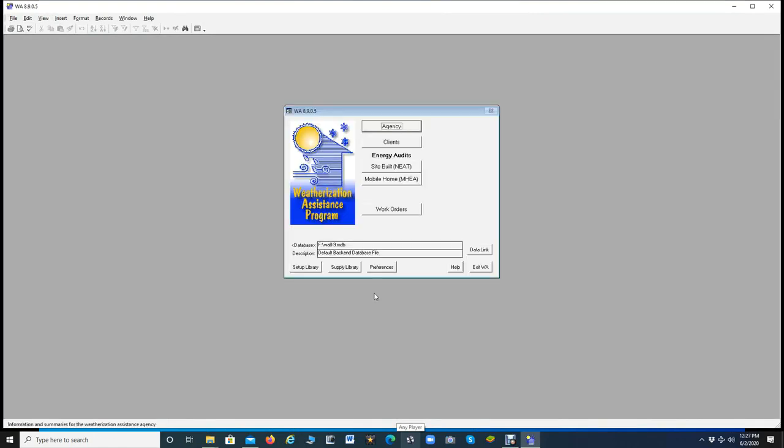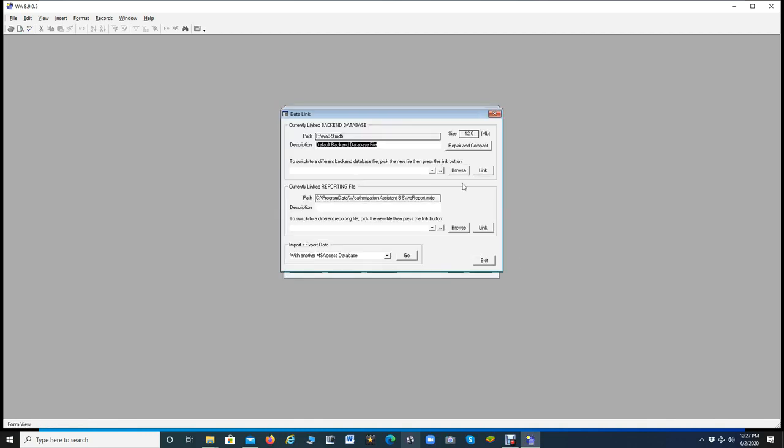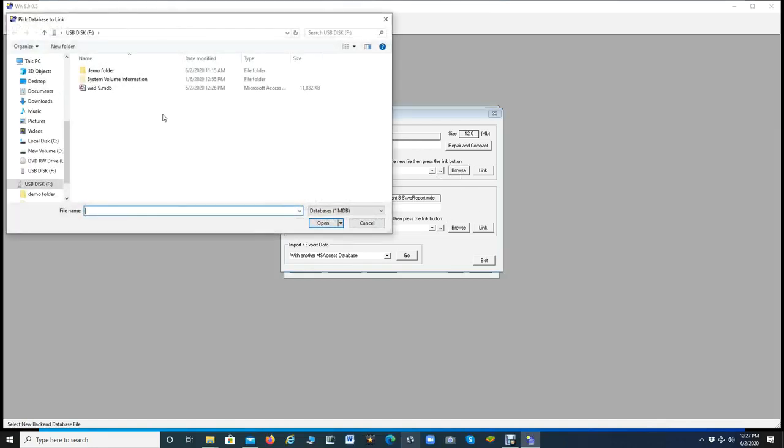So say I've got multiple agencies that I'm working for. I'm an independent contractor, who knows the scenario. But I need to have different access to different libraries for different jobs. I want to work with that other database, so what I'm going to do is bring up data link. Notice right now it's coming from my thumb drive with the quote-unquote default database name. Well, I'm going to go ahead and browse and go back to